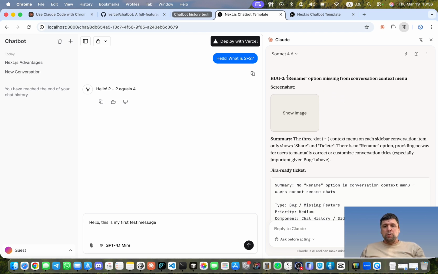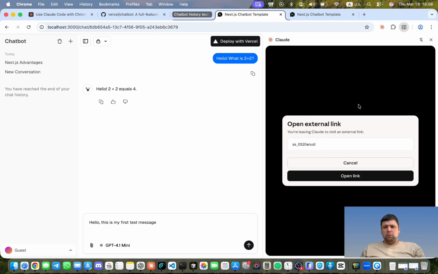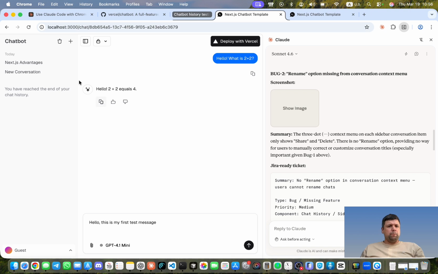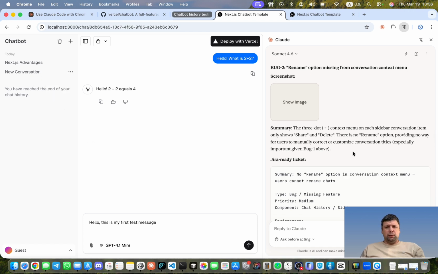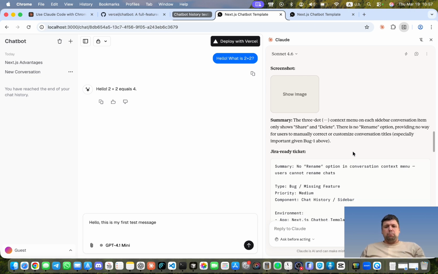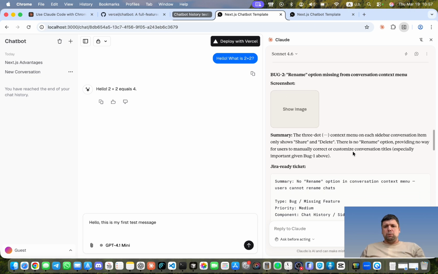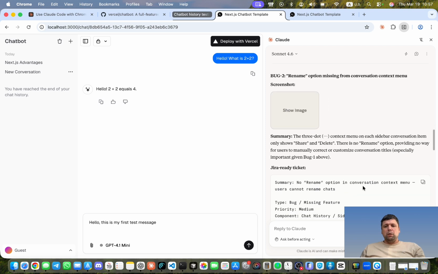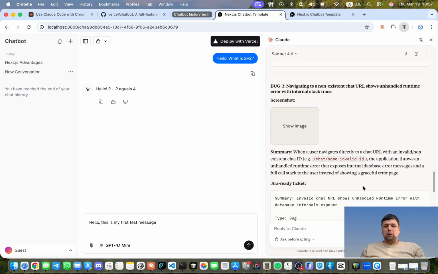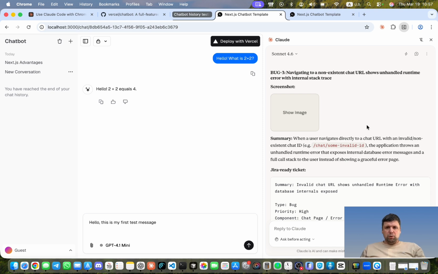The next one is rename option missing from conversation context menu screenshot. What he means? I guess he refers to here. There is no rename button here. But yeah, I mean, that's his assumption that there should be a rename button here. I mean, it could be a nice feature, but it's more feature-like, not a bug, I would say. But it's interesting that he's giving it as a bug, so we could also discuss,